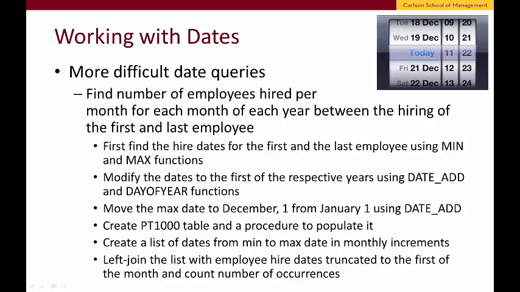We simply want to find the number of employees hired per each month of each year during the time period between hiring the first and currently the last employee. We want to include the months in which no employees were hired as well, since this provides information just as valuable to us. We start by learning about the employee table, specifically the hire dates, using the two simple queries